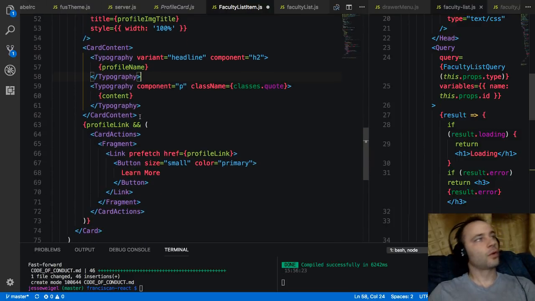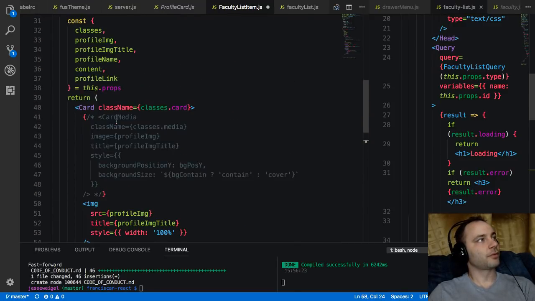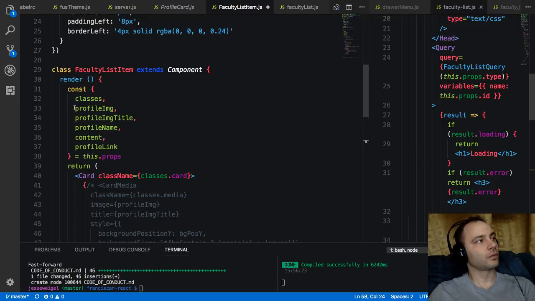Alright, so just a quick scan through here. I'll explain what this is doing and we'll see if we can remove anything else. We have some of the props that we're passing in, which are our profile image. So this would be the URL to the image. This is the image title, the title attribute on our image. We have our profile name, which would be the name of the person, and then we'll have content